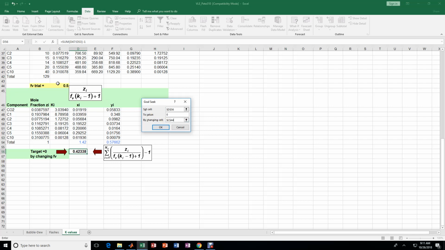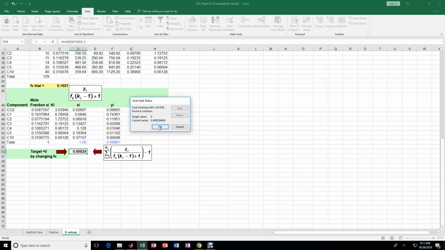It's going to attempt to change that value until we get D56 being 0. So click OK. One would have noticed that this cell went through many steps, and in this case you got a current value of